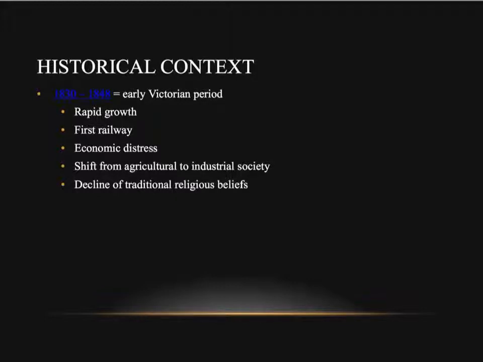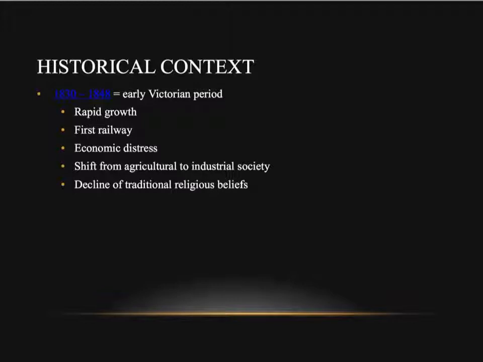industrialisation from history lessons. The early Victorian period, so this is what's written here, 1830 to 1848, saw, for example, the opening of Britain's first railway, its first reform parliament, but it was also a time of economic distress. And the early Victorian writers were responding to the social changes, i.e. the shift from an agricultural to an industrial society, the shift away from the traditional beliefs, the decline in traditional religious beliefs. They adopted a moral aesthetic and maintained that literature itself should provide fresh values and understanding of the newly emerging society of the time.